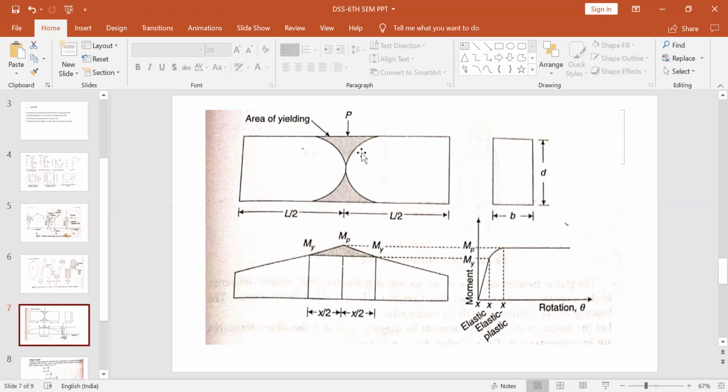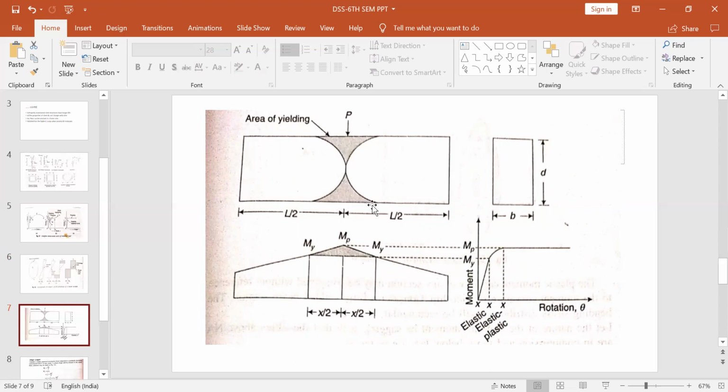Understood? Now this much area is the hinge. Hinge, you already know what a hinge is. You have studied it in structural analysis and theory of structures. A hinge is where moment will be released. Rotation will be there. So here the fibers will start rotating about this point. In reality, there is no hinge. This is just an assumption, you have to understand this. It is just an assumption that a hinge is formed. If the hinge is formed, then there will be rotation. So the plastic moment will induce rotation in the fibers. This you have to understand like this.